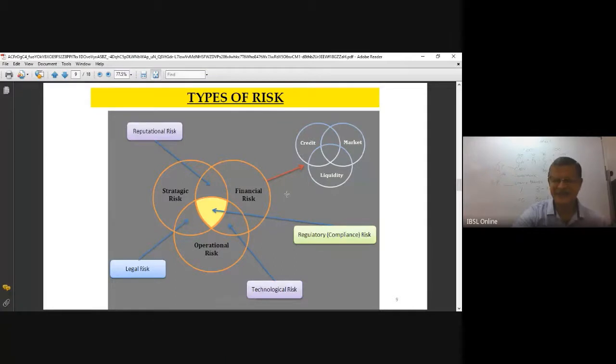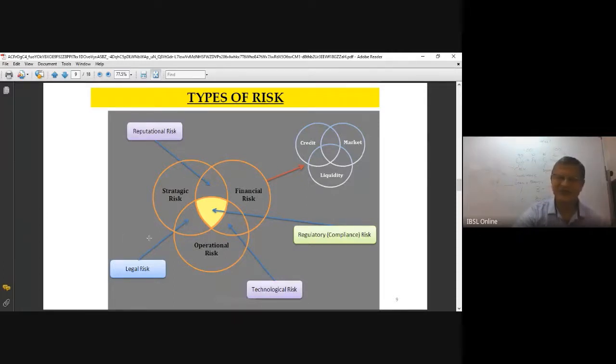You can trade in treasury bills and treasury bonds, which can be sold at the market rate on a given date. You could also have positions in foreign currency. You can hold foreign currencies in your balance sheet, and if the exchange rate goes up, you make a profit. If the exchange rate goes down, you make losses. Those all come under market risk. So the next item in your financial risk is the market risk. The third item is liquidity.